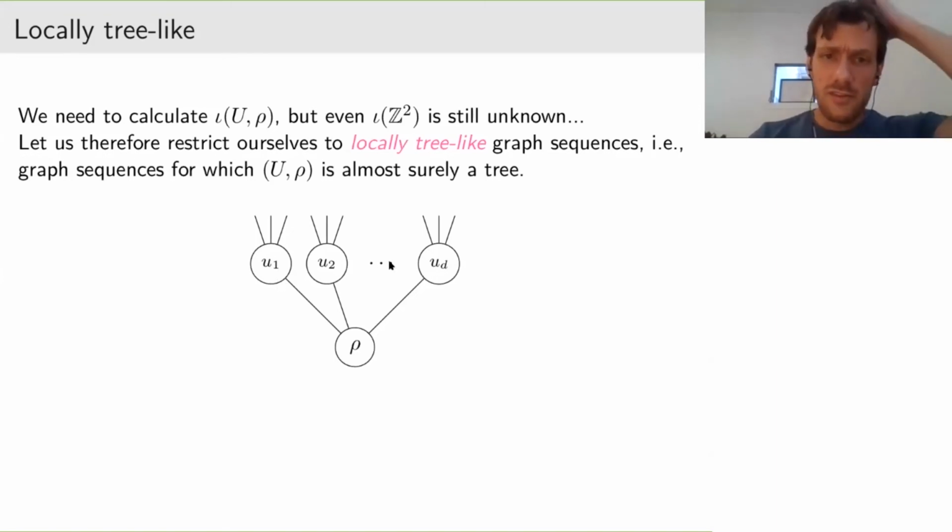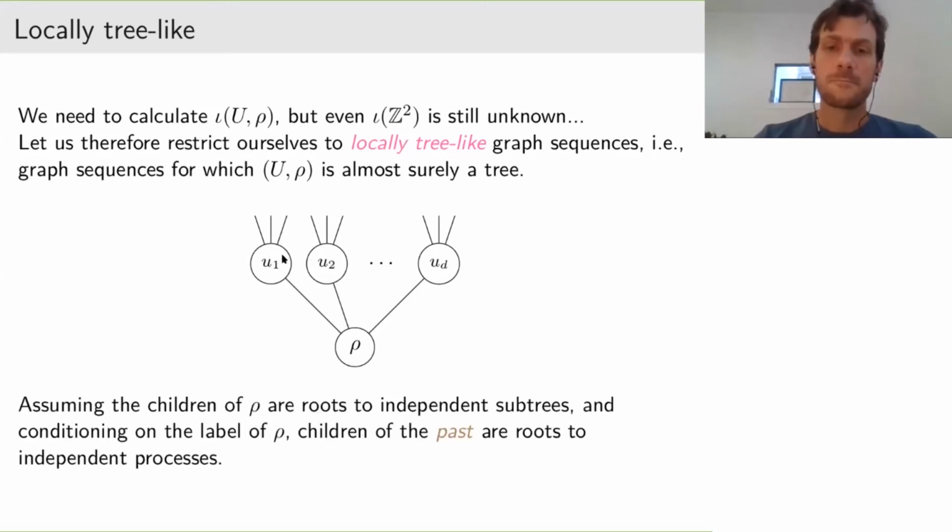Now, if these children are roots to independent subtrees, meaning either they are deterministic trees or maybe they are random but independent of each other, then conditioning on the label of the root, if we only look at the children with label which is less than the label of the root, then they will be roots to independent subprocesses. That is, the entire picture I see here will be independent of the entire picture I see here. And if the laws of all of these subtrees and the main tree are the same law,